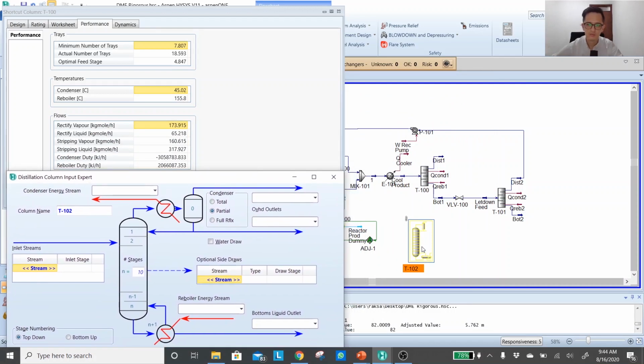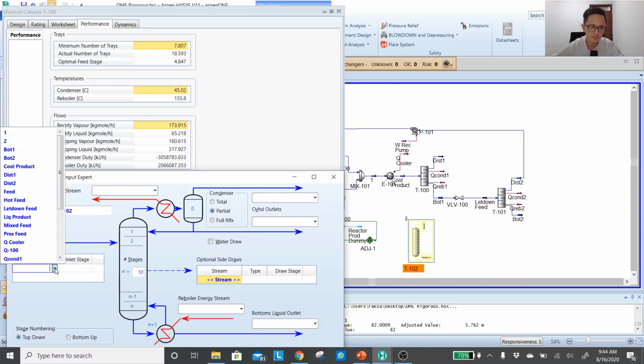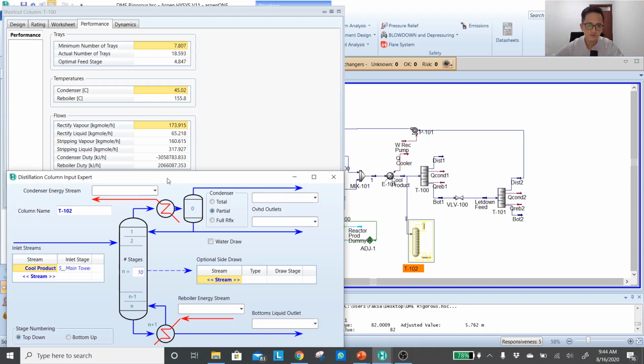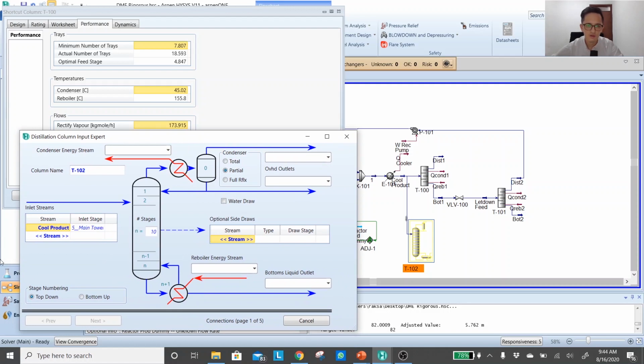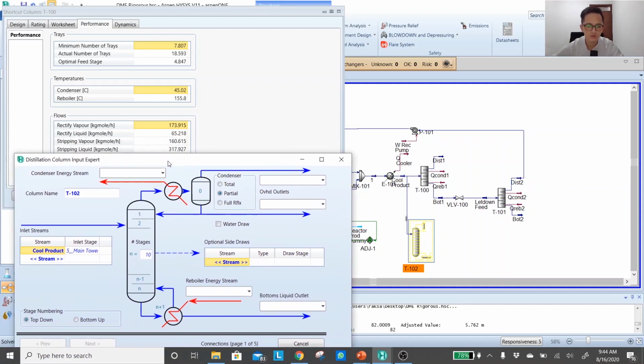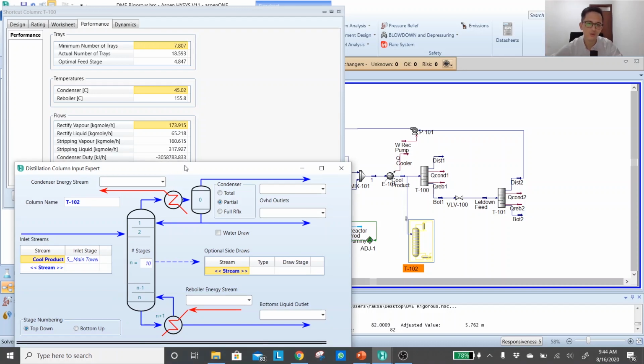I will connect my rigorous distillation with the feed of the shortcut distillation, which is the cool product. Okay, so now the inlet stream will be my cool product. And even by the look of this rigorous distillation, you can notice that we will require to input a lot of information. That's why we can't go directly into this rigorous distillation.